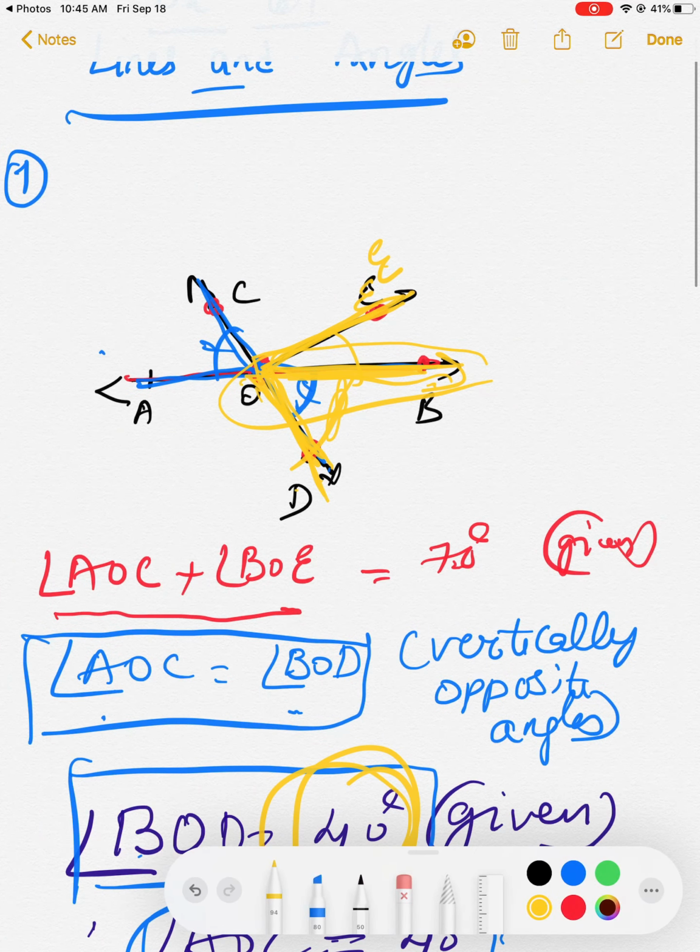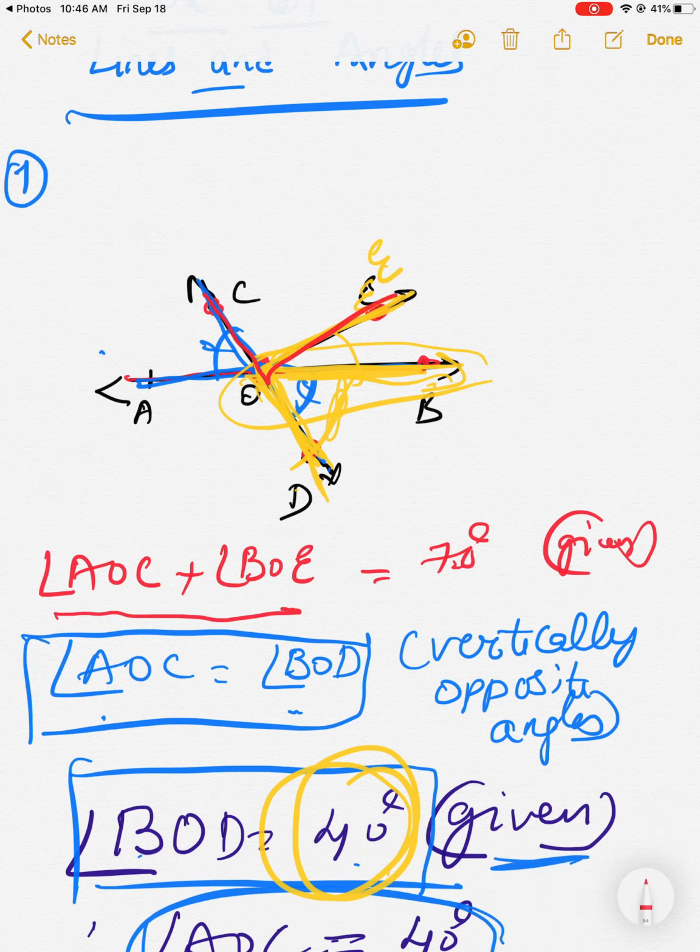Actually, this is the COE. Reflex means the whole angle, the angle on the back side is the reflex. So the total if you take here, the whole angle around should be 360 degrees. But already we have got the angle COE. Reflex of COE is equal to this angle. How will the reflex of COE come?